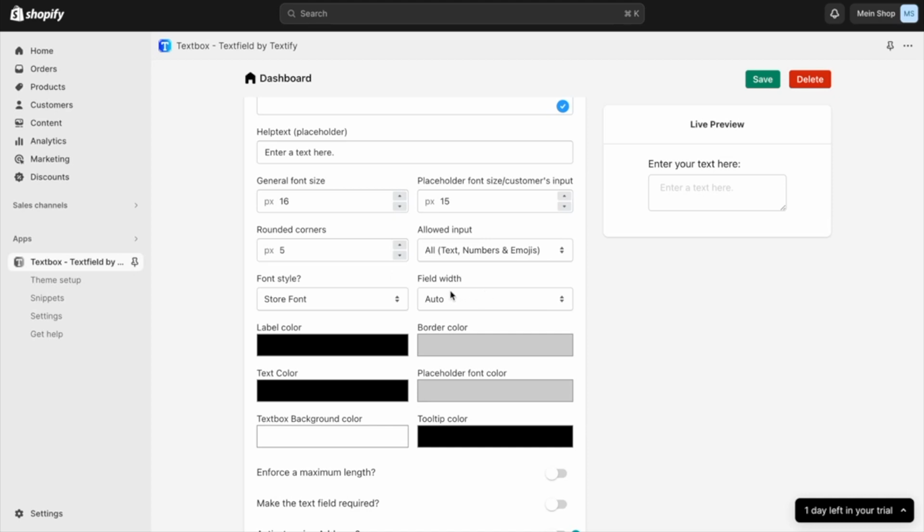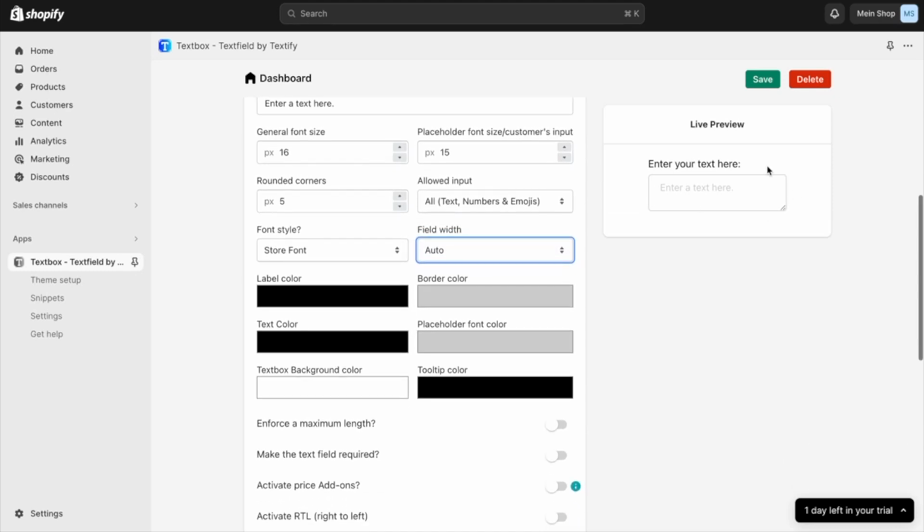Now we can go further, we can decide the field width. So it depends. Most times auto is fine, the auto size, but if you want, you can also set it to full size, then it will use the whole space which is available. So in my case, I prefer to use the auto settings, and then we can move on with the color